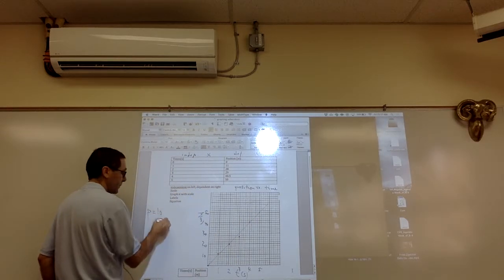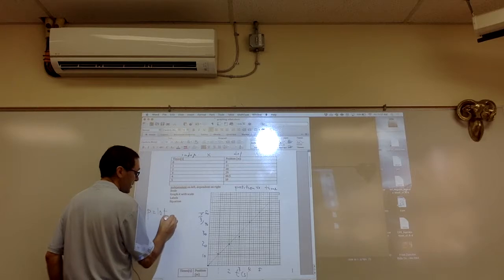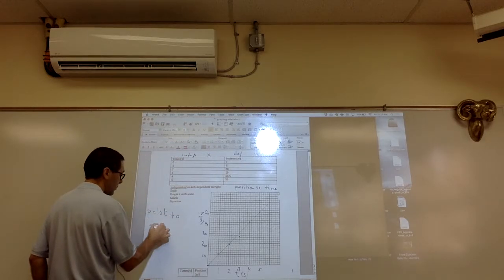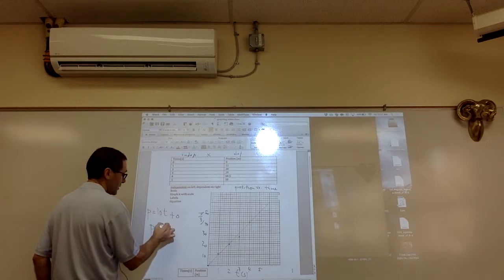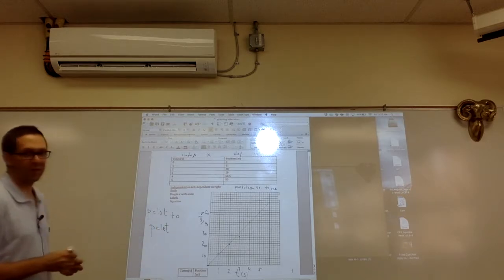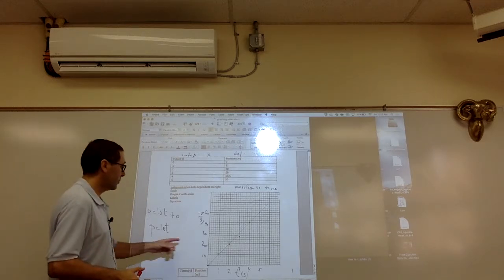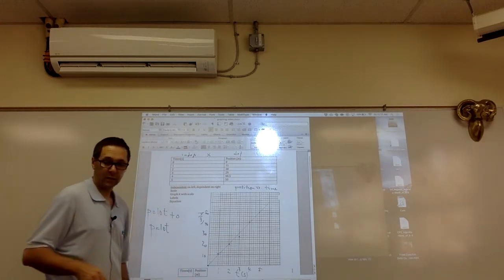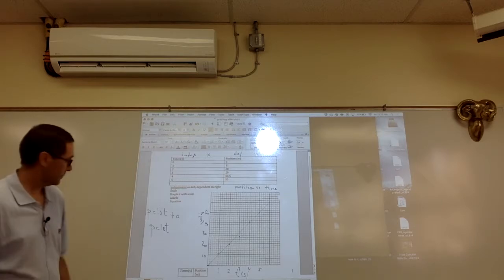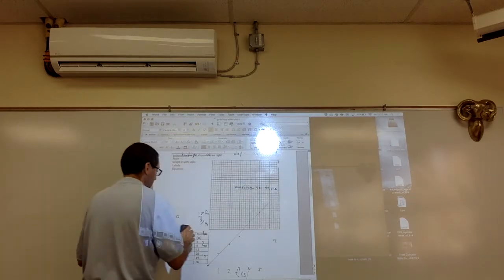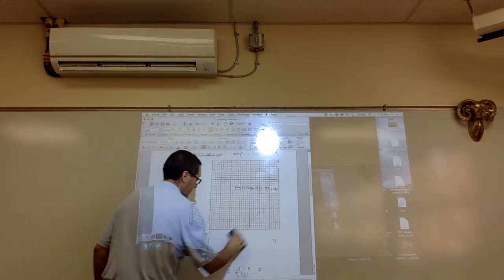So mx, x is t, plus b, which is the y-intercept, that's 0. So basically this equation is about p equals 10t. Some of you might find 9.5, 10.5, but it should be around 10. Okay? And it all depends on how you draw your line of best fit. All right, I'm going to look at some other data that I want to graph, but this time it's